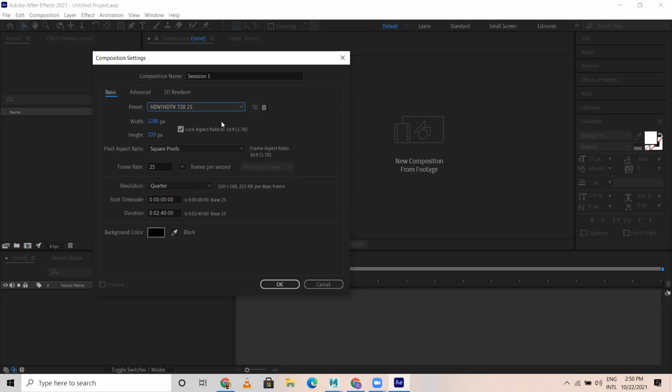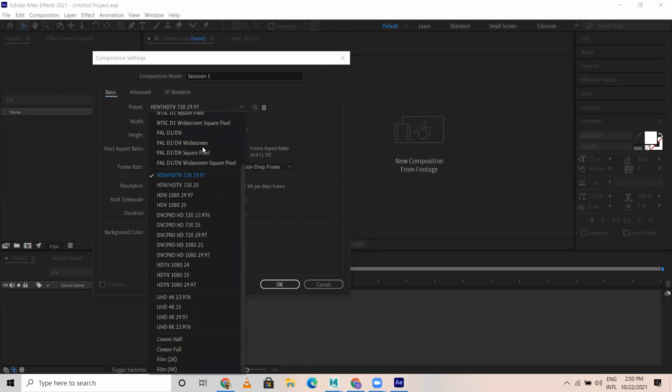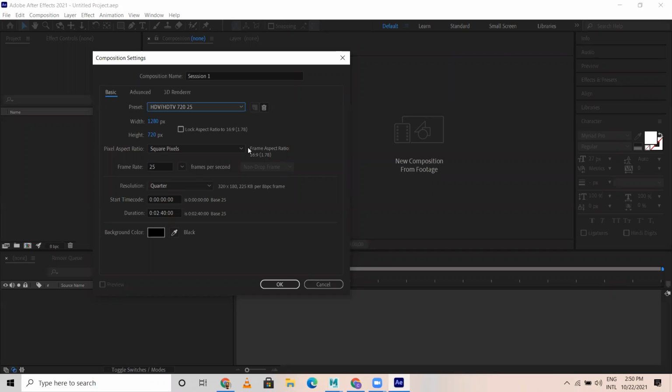So the aspect ratio is locked here. If we lock here, whatever we change, automatically here also it does change. If I unlock, automatically I can change the width. Frame rate is 25 frames per second. As you know, per second there are 24 frames. In PAL rate, in NTSC it is 30 frames.